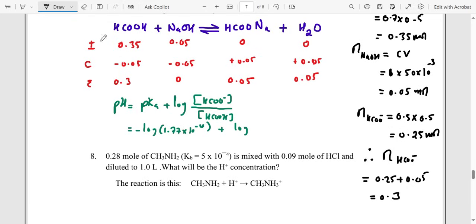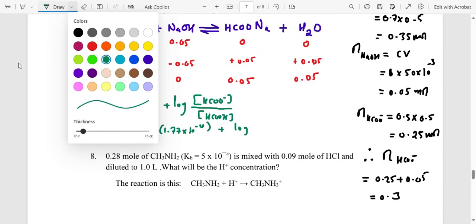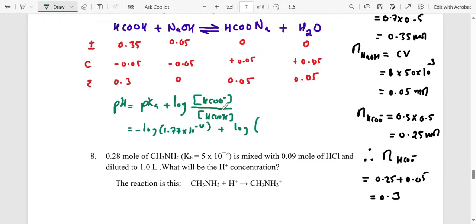Therefore, if you come on this equation and say the concentration of HCOO minus, it is 0.3. The concentration of the acid, you can see at equilibrium, is also 0.3. And if you punch this now on the calculator, log of 0.3 over 0.3, that's a 1. Log of a 1 is a 0. And then you basically just have negative log of 1.77 times 10 to the power negative 4. And that is going to give us